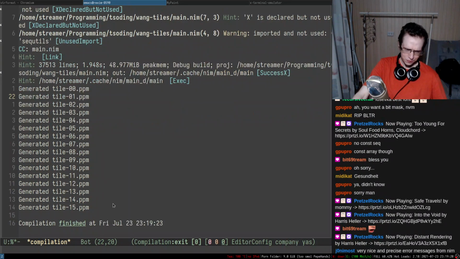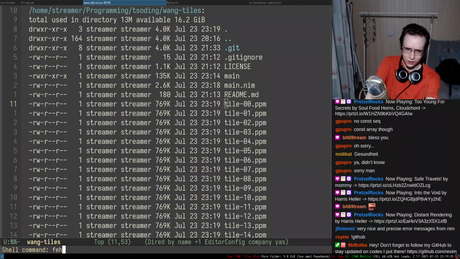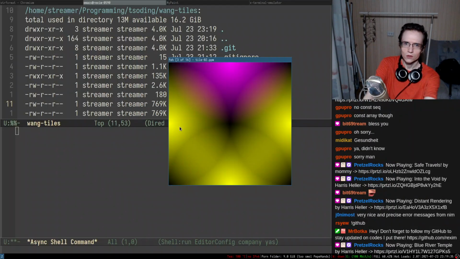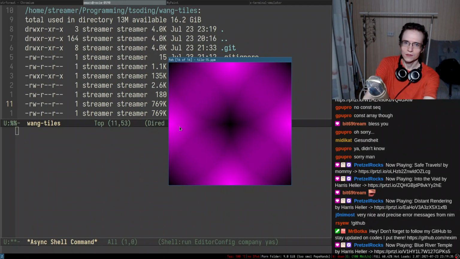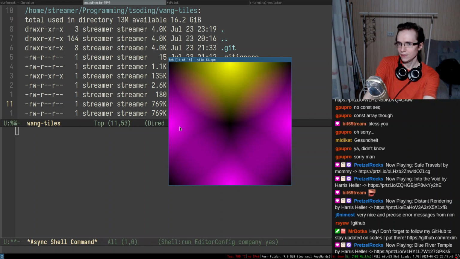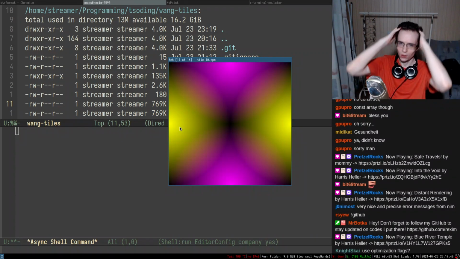I wonder if we can generate faster code for this kind of stuff. Okay, so I'm gonna do that for each individual tile. There we go. So here are all the tiles. This is the entire tile set. There we go. The entire tile set. And theoretically, you can now generate a grid out of these tiles.